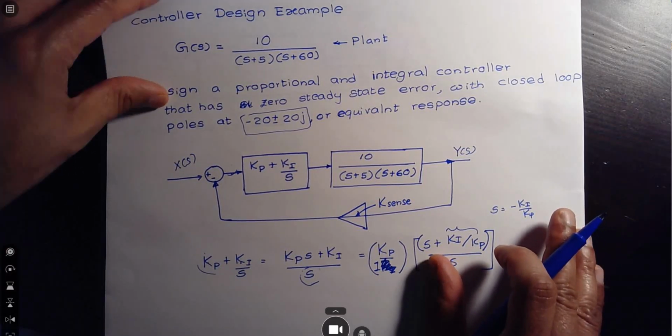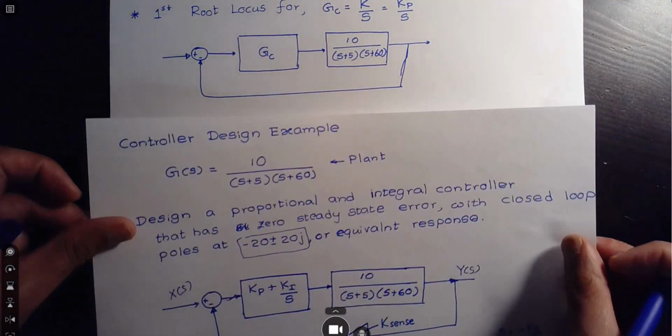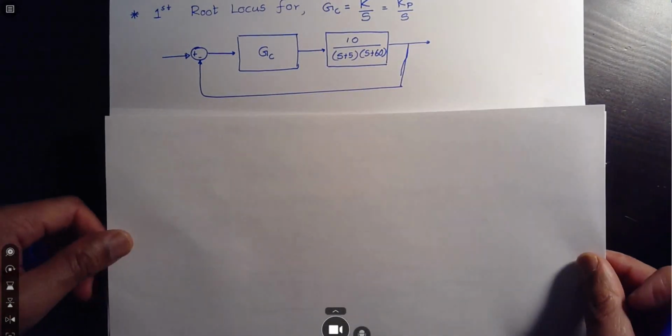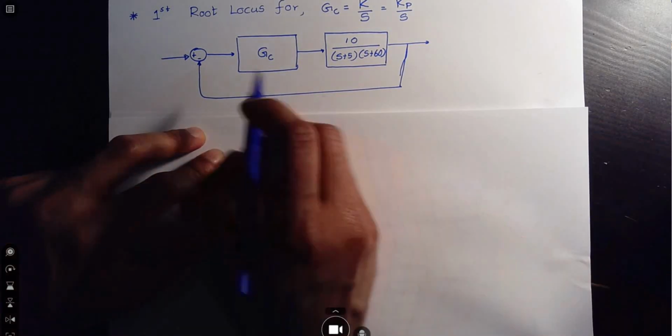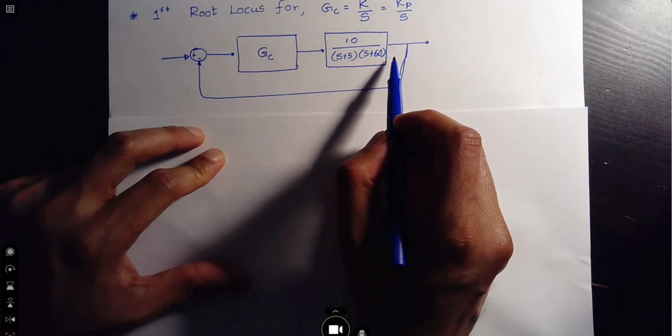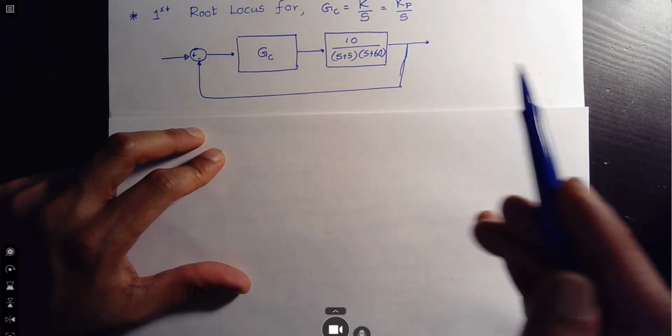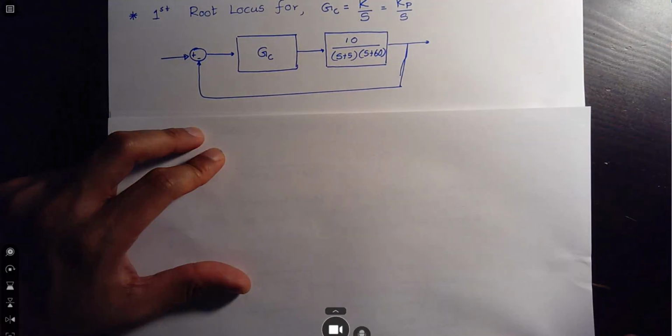Let's see what we do here. So the first step is we're going to sketch out our closed loop system. Okay, closed loop system, and then we're going to look at what we already know, because if you look at your